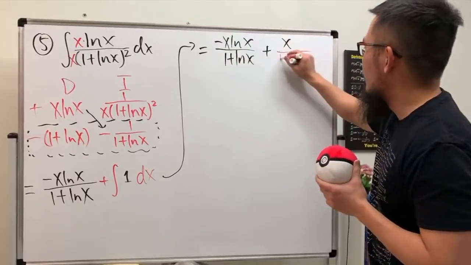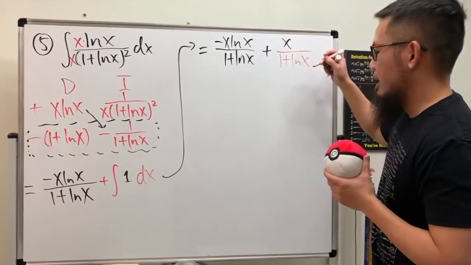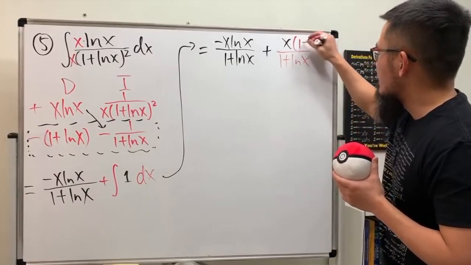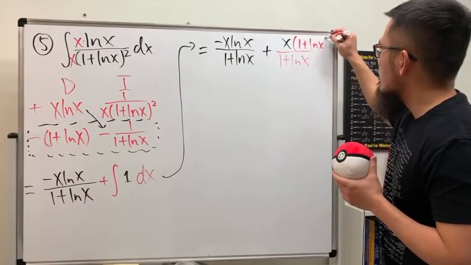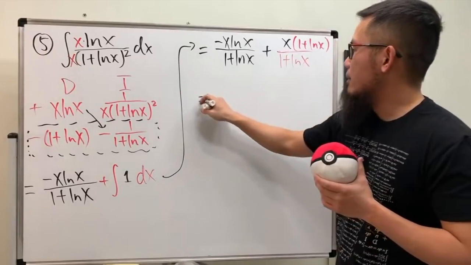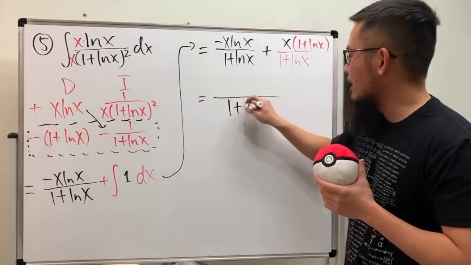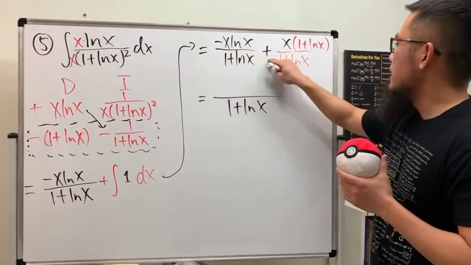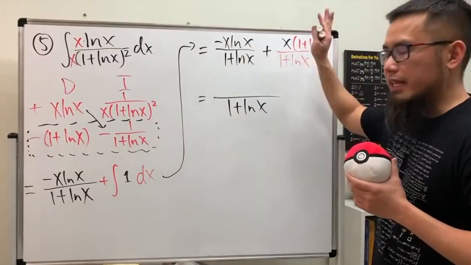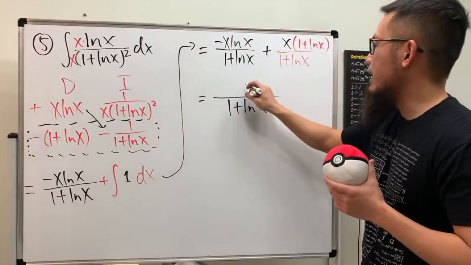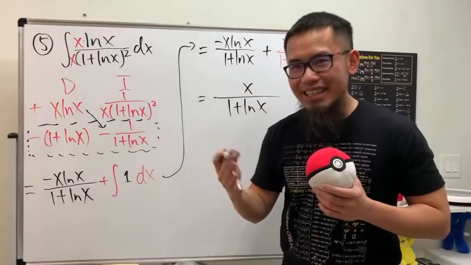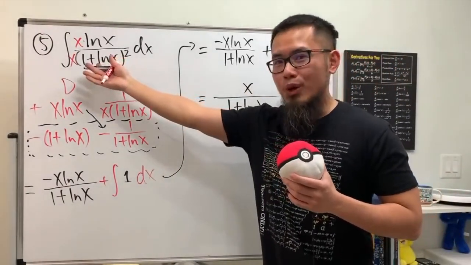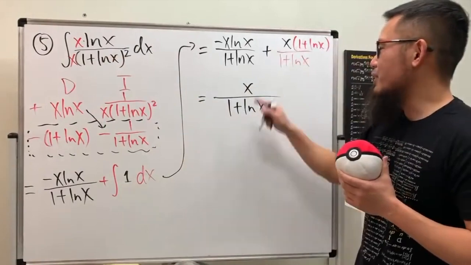Multiply this by 1 plus ln x, and then, of course, the top as well. And you will see, on the bottom is just 1 plus ln x, and this is negative x ln x plus x ln x. So they cancel, and we just have an x on the top. Ladies and gentlemen, when you want to do the integration for that, the answer is just x over